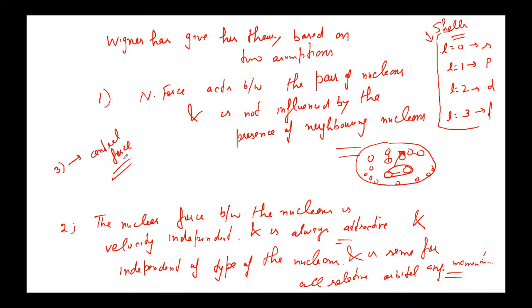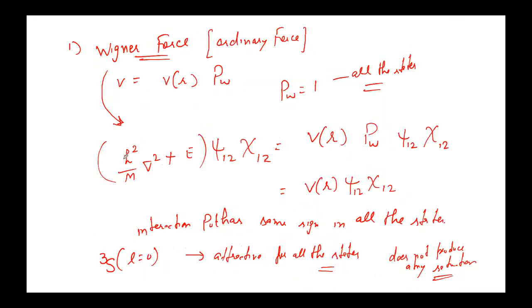So using these three assumptions, he has given this Wigner force, and he has explained this Schrodinger wave model, and he has derived the value of this Wigner operator, which is independent of the value of the position coordinate, or the space coordinate. But these assumptions have been challenged by some other scientists like Majorana